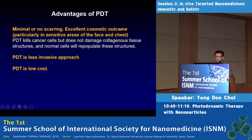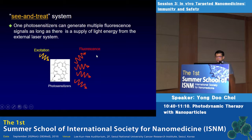And also, the cosmetic outcome is very excellent. PDT kills only cancer cells but does not damage collagenous tissue structure. Then normal cells will repopulate this space, so there will be no scar after PDT. And the cost is very low compared with the other